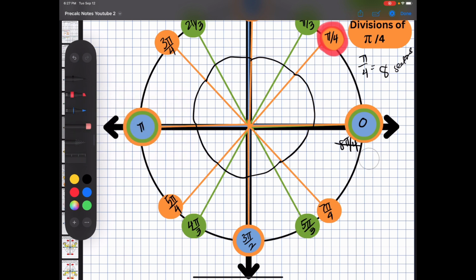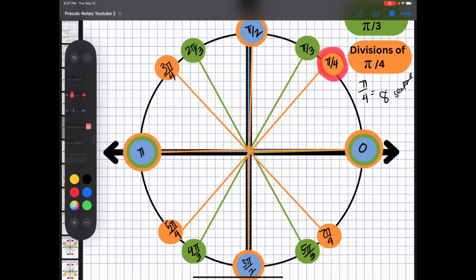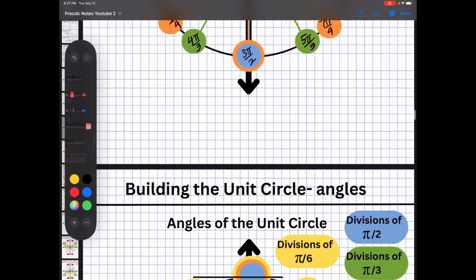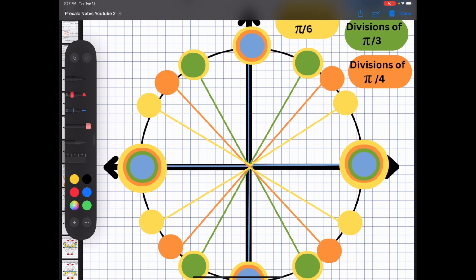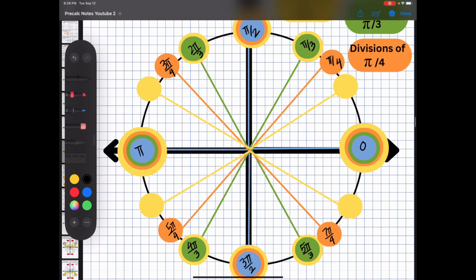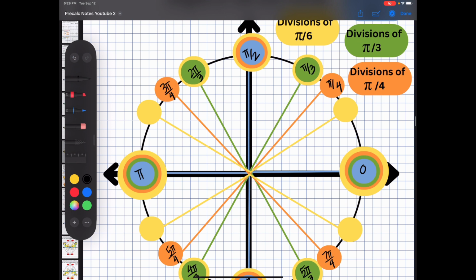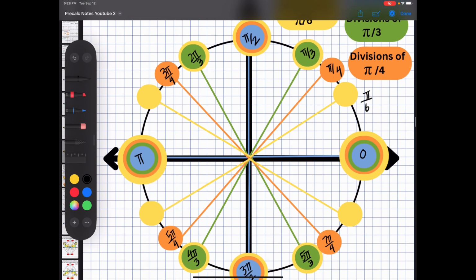So I'm almost done. I can see that I have the majority of my angles of the unit circle. I'm just missing a few. And to get those last few, I need to graph all of my divisions of pi over 6. Okay, so let me quickly just fill in the angles from the previous diagram. So these are all the angles that I discovered in my other diagrams. And if I'm going to finally fill in divisions of pi over 6, I need a total of 12 sections. So my 12 sections would be